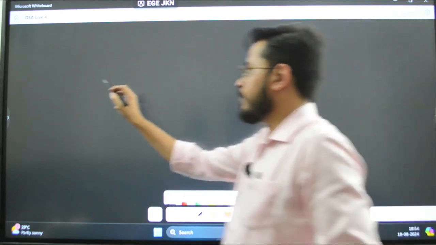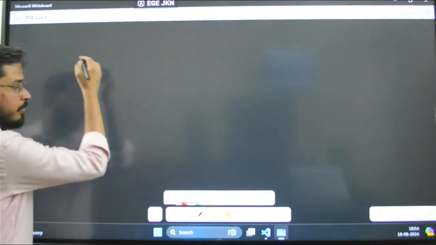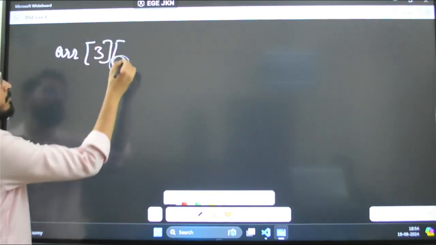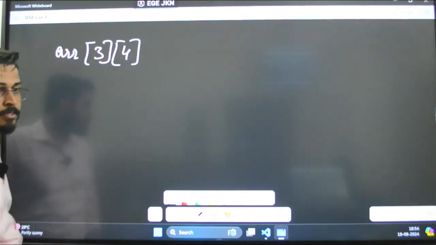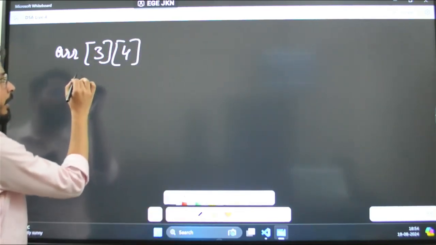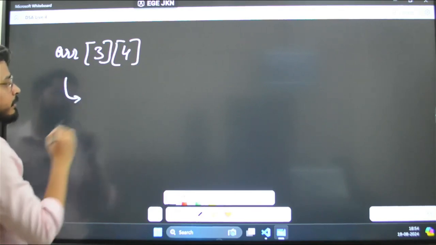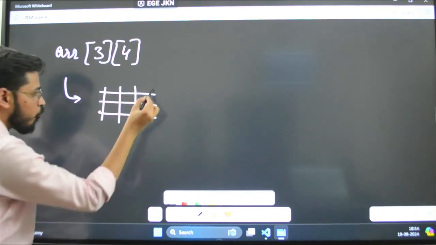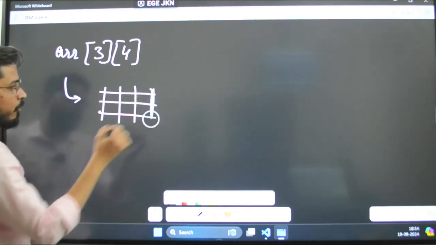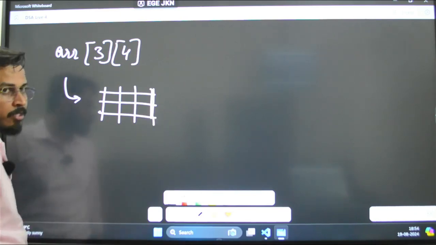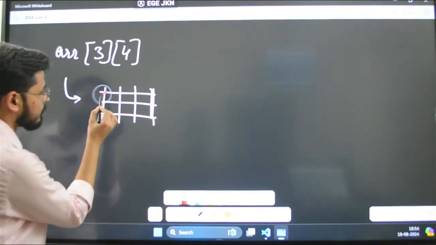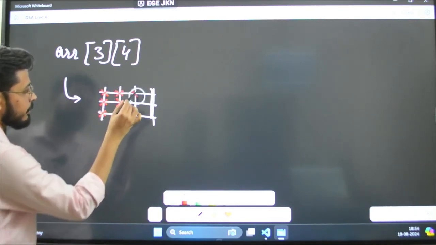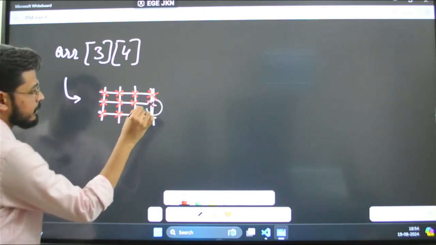If I say ARR of 3, 4 like this, then I am actually telling that there are 3 rows and 1, 2, 3, 4 columns. So this is gonna be your grid. A number is gonna be placed in each of these cells.